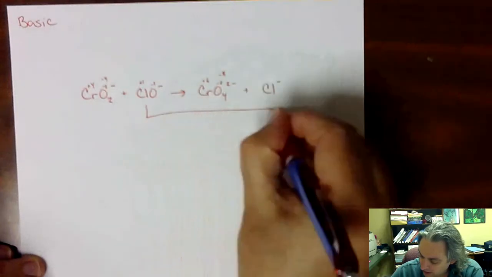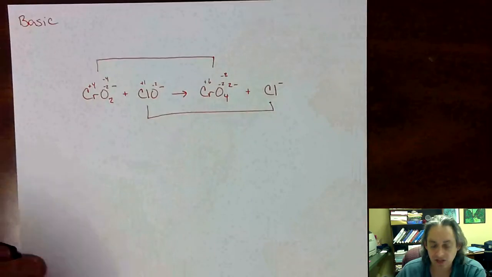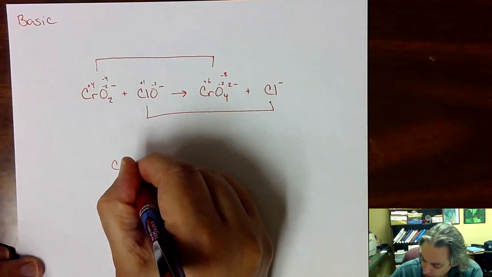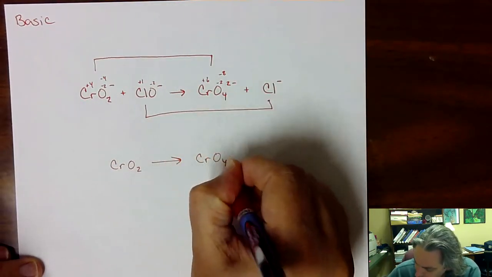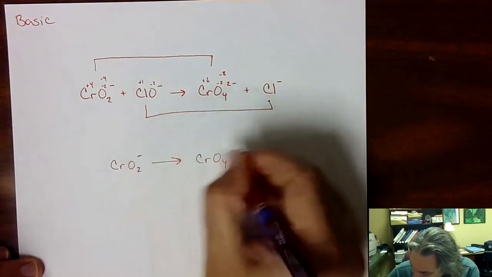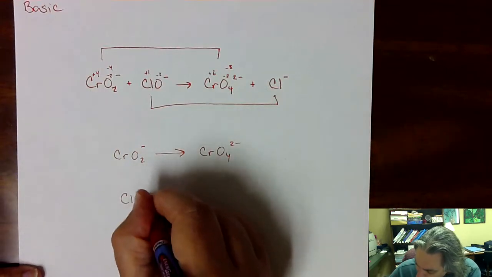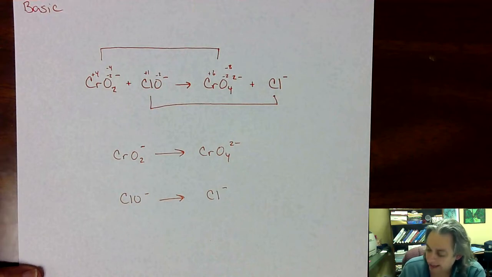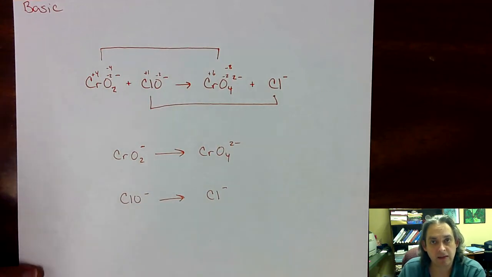So our half reactions are going to be the chlorine and the chromium, which are what changed. And so these are our half reactions. So we'll start off with CrO2- goes to CrO4 2-. And let's not forget our charges here, 2- and a minus. And then we have ClO- goes to Cl-. Okay, now that we have our half reactions, we need to now balance out the masses